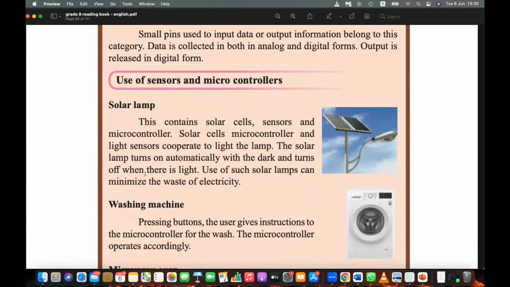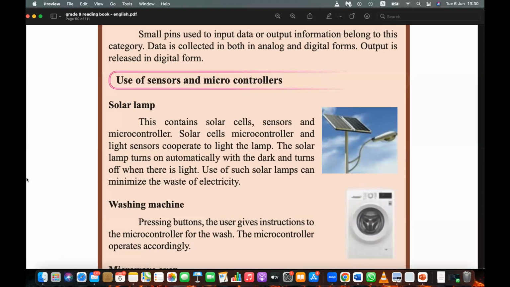Not only that, we see DSLR cameras, hand dryers in washrooms, automatic doors, automatic staircases, and lifts where the door opens at the right floor. All of these are automated and have sensor systems. They automatically detect the state.